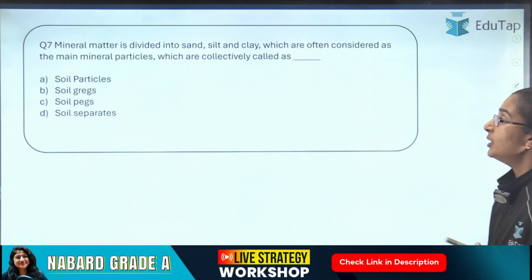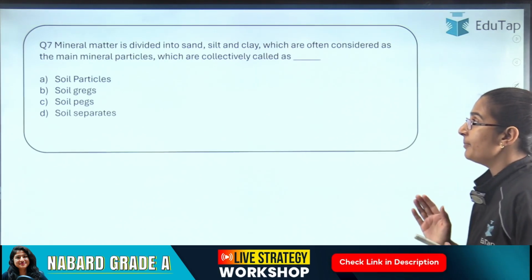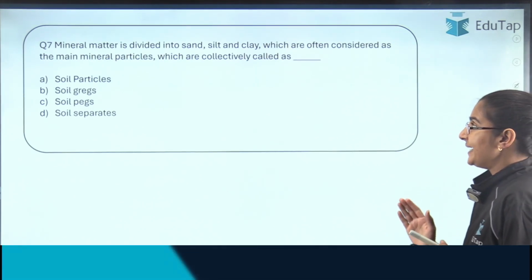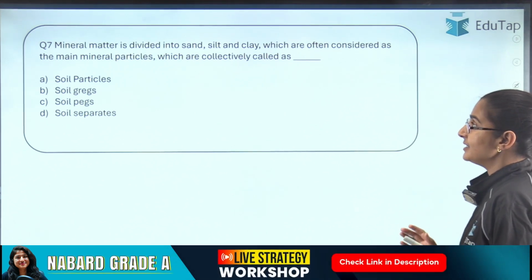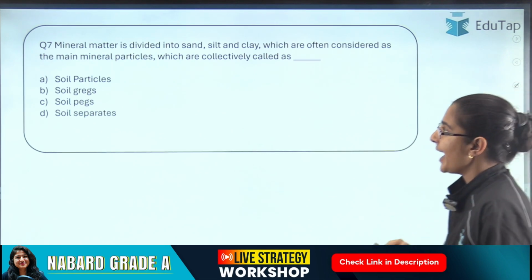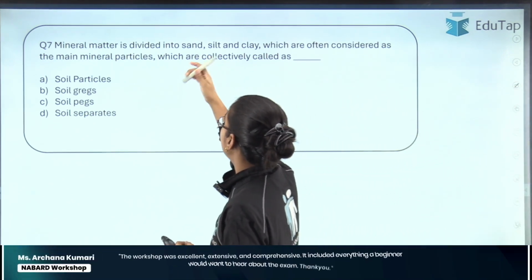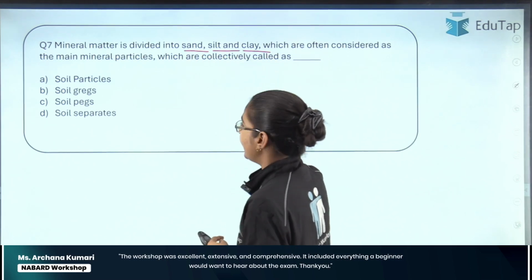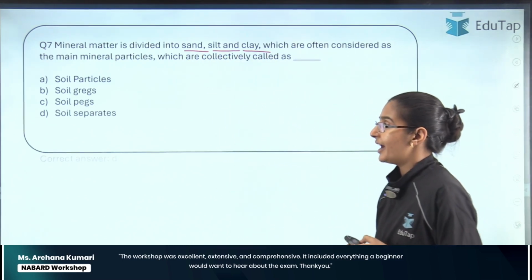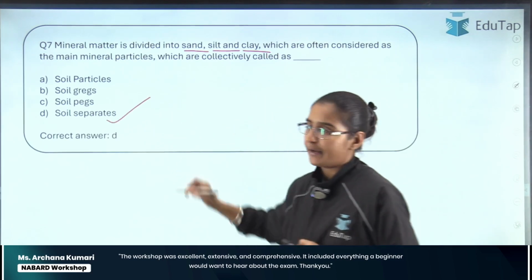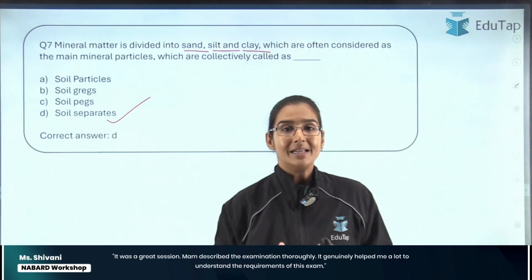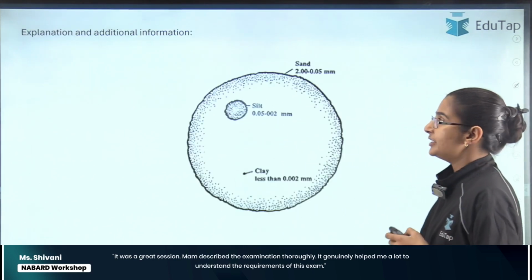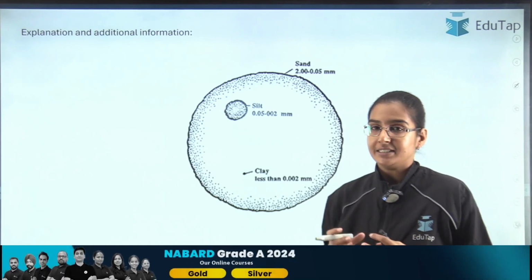Okay, so the next question says that mineral matter is divided into sand, silt and clay, which are often considered as the main mineral particles, which are collectively called as, right? So collectively, what is the name of sand, silt and clay? Collectively, these three are known as soil separates, right? Sand, silt and clay together are known as soil separates, right? Now what is the difference between sand, silt and clay? See, the difference in the